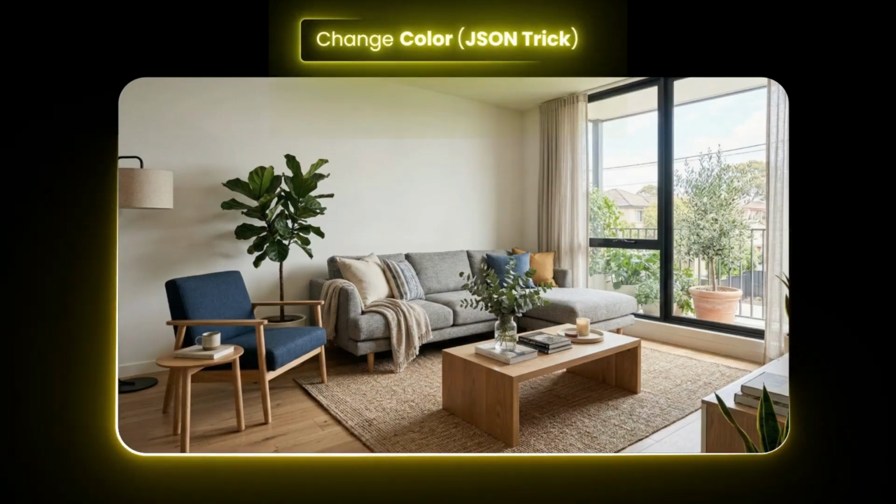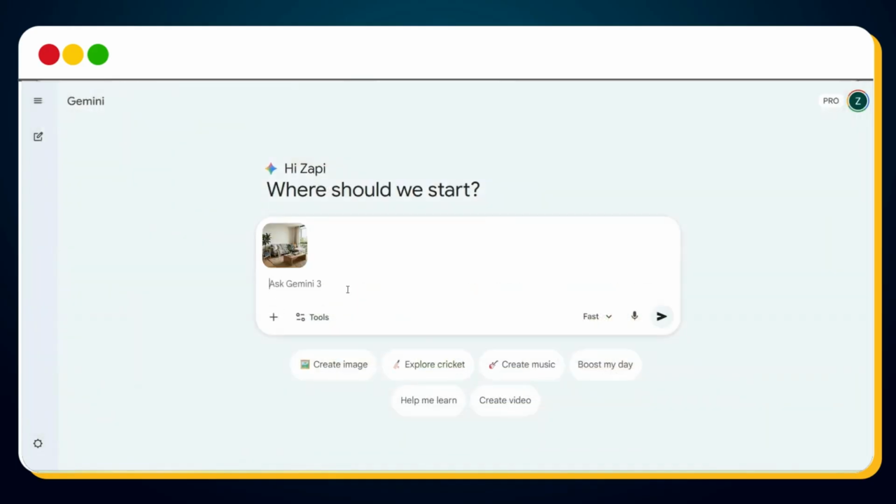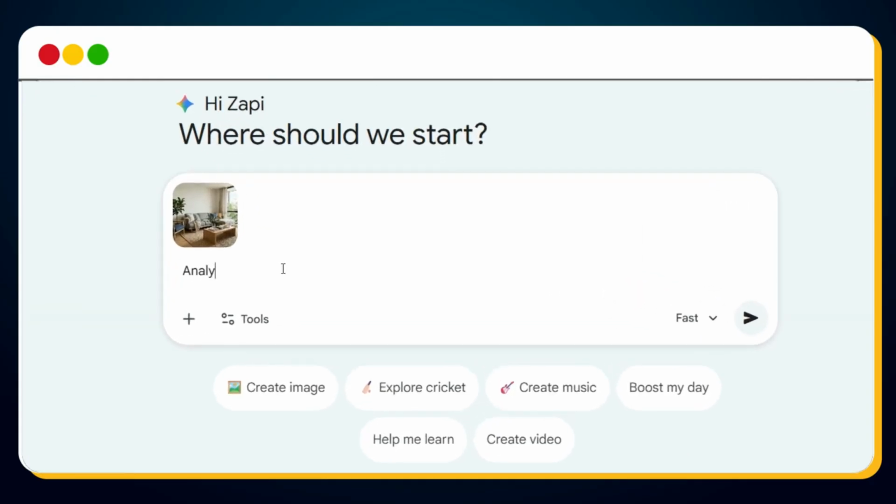Let's say you want to change the color of the chair in this image. To do this, simply visit Google Gemini. Do not select the Create Image option, and also make sure the Fast option is selected here. Next, upload the image. Next, we need to extract all the information from the image in JSON format. So simply enter this prompt: analyze this image, and extract all the information from this image and convert it into